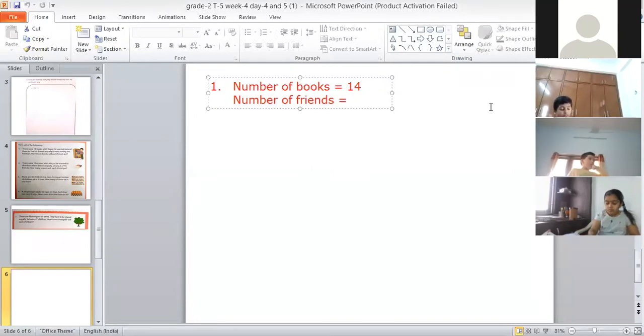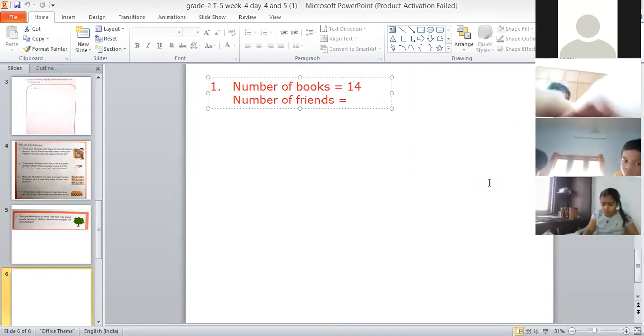Yes, Pathan. Ma'am, we have to write in notebook. You have to write the answer in notebook. Okay, ma'am. Write in notebook, Pathan. Answers you have to write in notebook. Now only we have to write. Then you will write, Pathan. Answers you all need to write in your notebook. Start writing in your notebook, children.